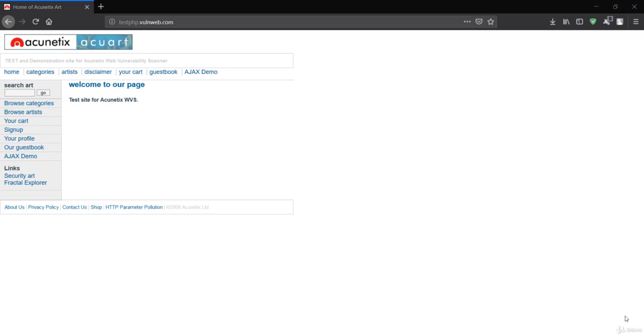Let's learn more about HTML injection in this test website. So you could see this is our test website. You can simply go to this test website from your browser. After that, I'll just say hey over here and press go. Then you could see it has been reflected over here. That means we should have HTML injection.